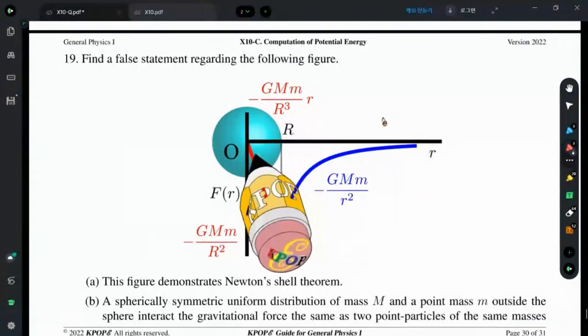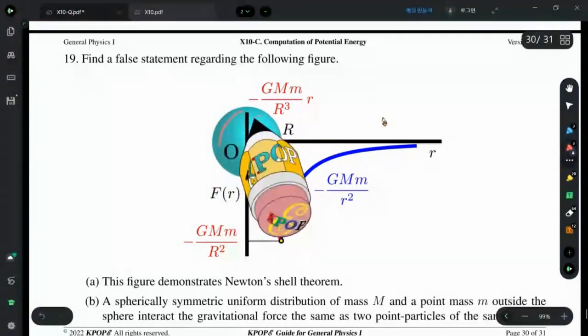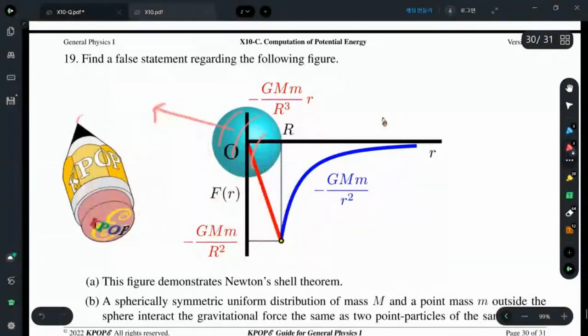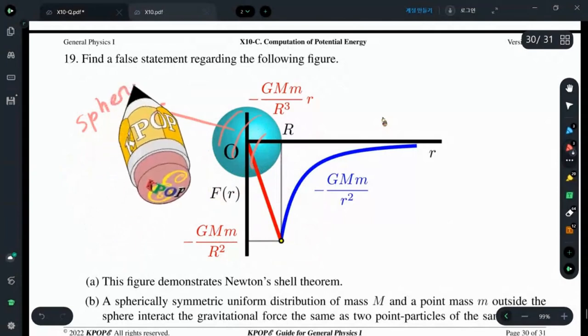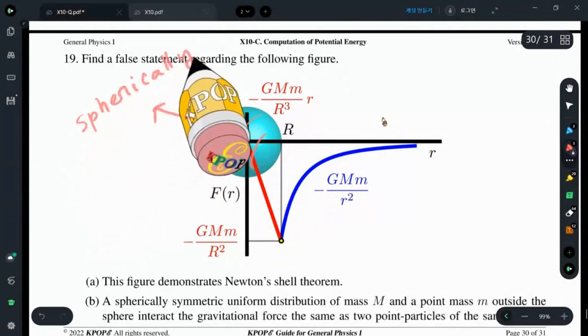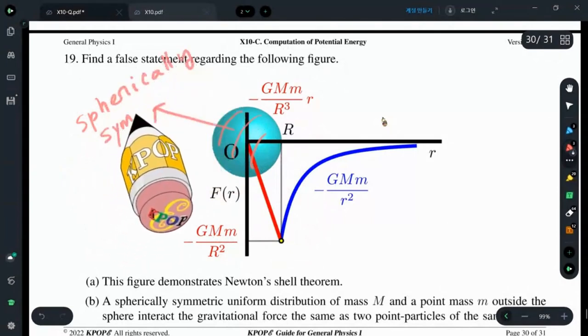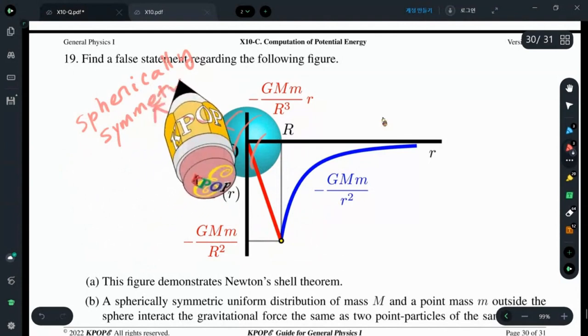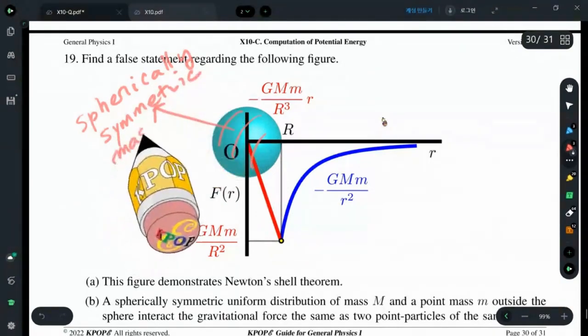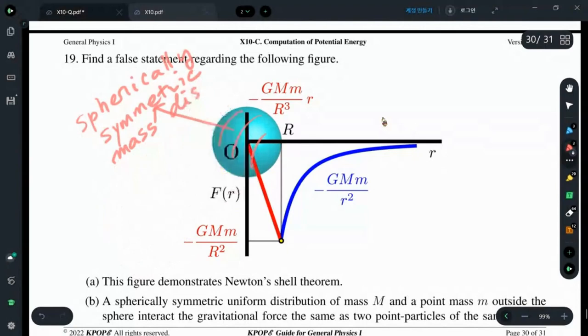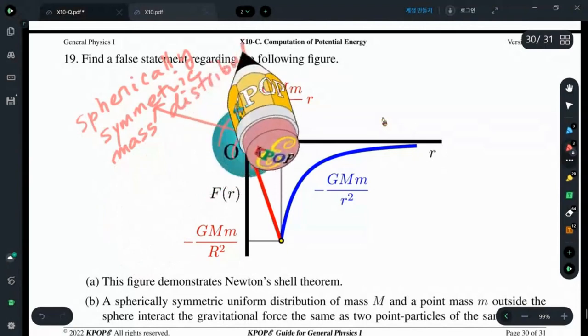Newton's shell theorem states that if there is a spherically symmetric mass distribution